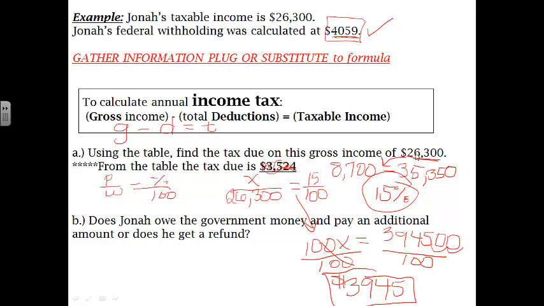So 15% of 26,300 is 3,945. Okay, so now we got to see on this day, on April 15th, tax day, does Jonah owe the government money and pay an additional amount, or does he get a refund? Well, how are we going to figure that out? Well, this is your formula. We have to take the difference between federal withholding, and we have to see what his tax was on his taxable income. So we're going to do 4,059 minus